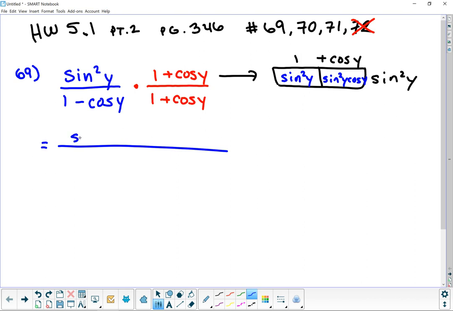Yes, sine squared y plus sine squared y cosine y. Okay, and that's multiplication. All right, on the bottom,